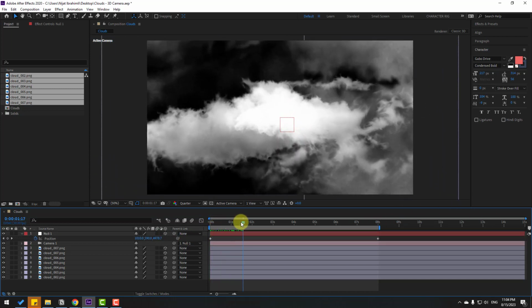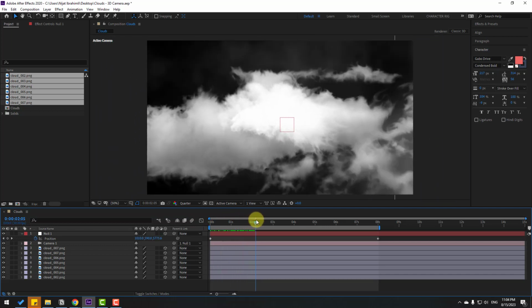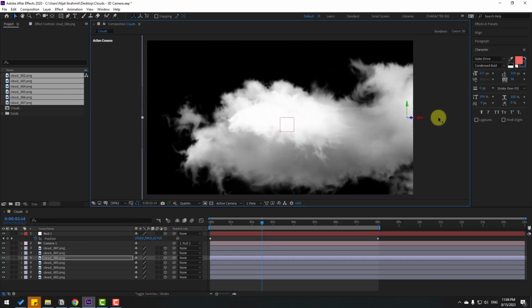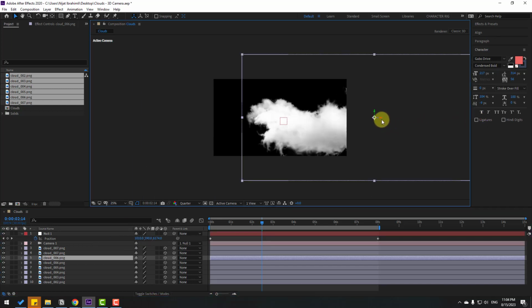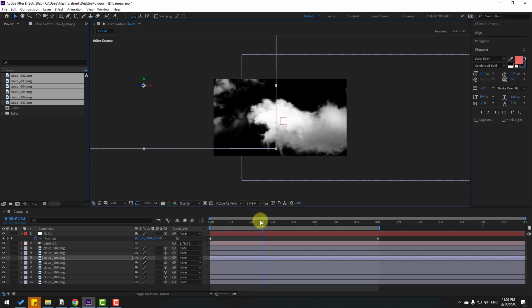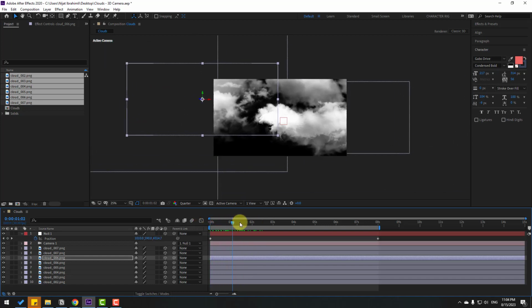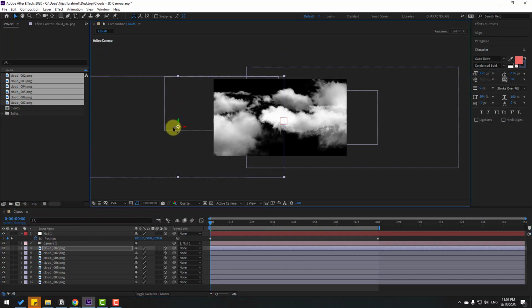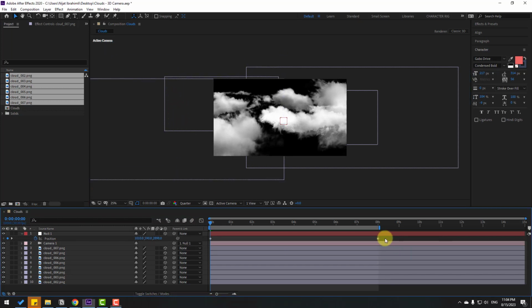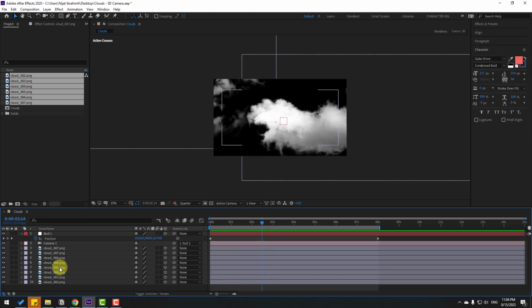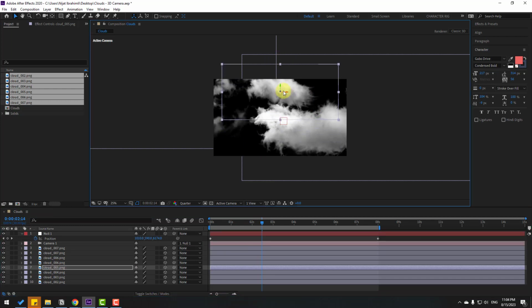Let's see. Okay, and let's go to some seconds, select this next cloud and move to right. Let's Ctrl D, move to left and move up a little bit for random clouds. Let's see. Okay, let's select this first cloud, move to down. Okay, let's see. Nice. And next cloud layer, let's select this layer 5 and move to up, move to here,